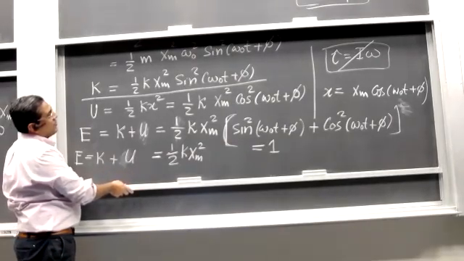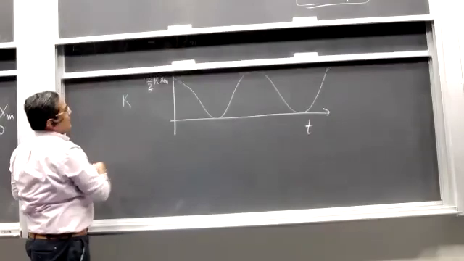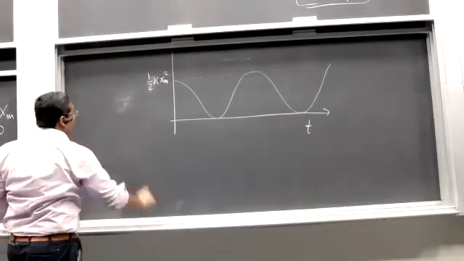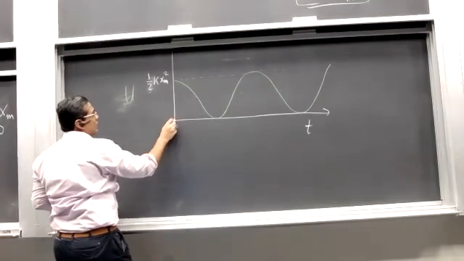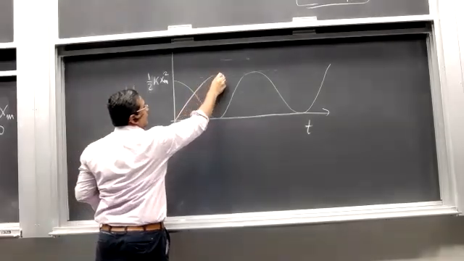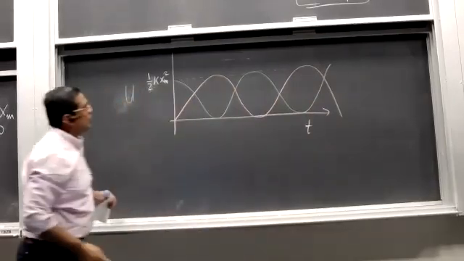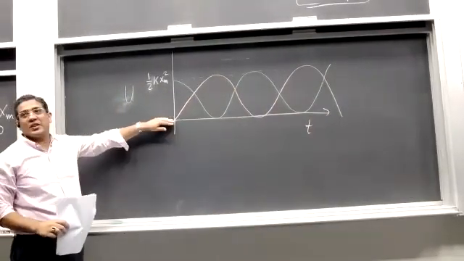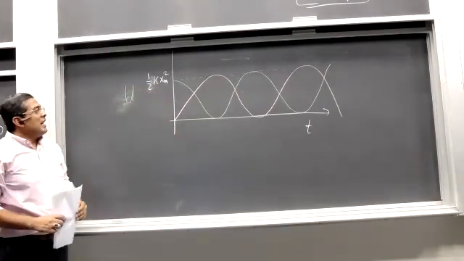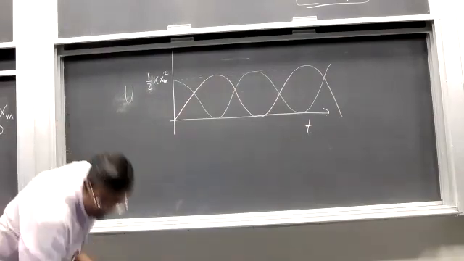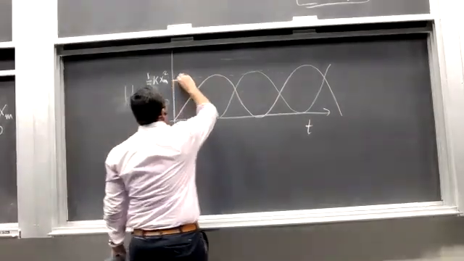So kinetic energy should be sine of 0, which is 0. So this is potential energy, U, and the kinetic energy at time t equals 0 would be 0. So it would go like this. Both of them are changing, and they don't go negative because there are squares involved. They go between 0 and the maximum value. And what about their sum? Their sum is always a straight line, constant.